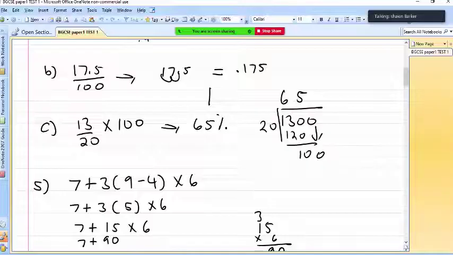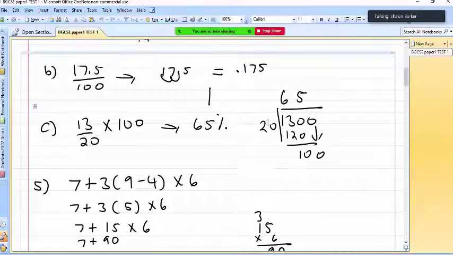So how do I solve this? Well, I'm dealing with 1300 divided by 20. I can't figure that right out in my mind, but I can pretty much figure out 20 into 130. So 6 times 2 is 12, so 20 times 6 is 120. Therefore 130 minus 120 becomes 10. And then you bring down your 0, so now you have 100. And then 20 into 100 gives you 5. So that's how you can calculate this the long way. And that would be 65%.